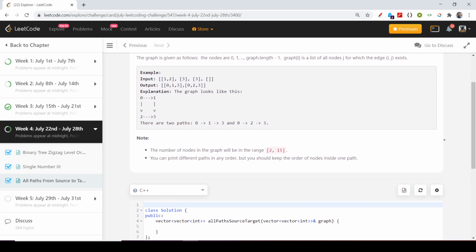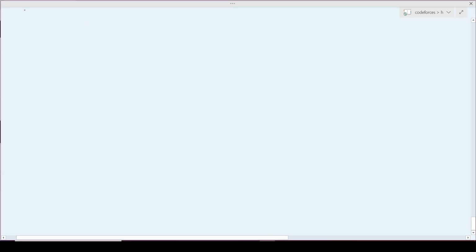So the first approach which strikes my mind is that I can either use BFS or DFS, because I know that the starting node is node 0. To explain to the interviewer I would explain it verbally, but to explain to you guys, I will explain on the whiteboard. So either I can use BFS or I can use DFS. First of all, let's check the DFS version.